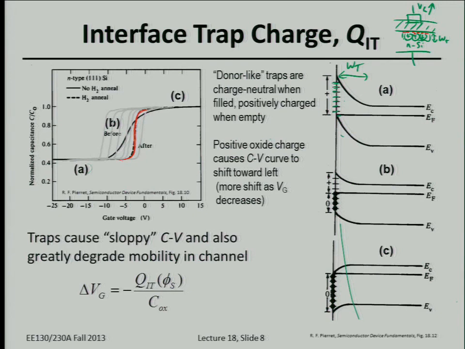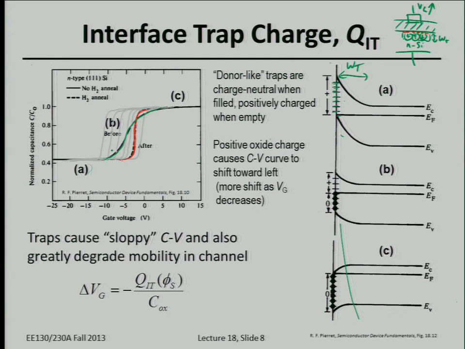So the depletion width will not change as quickly with gate voltage, and that's basically what's shown here. Notice the depletion width is not changing as quickly with gate voltage, because rather than changes in charge coming from the silicon bulk, it's actually coming from adding or subtracting